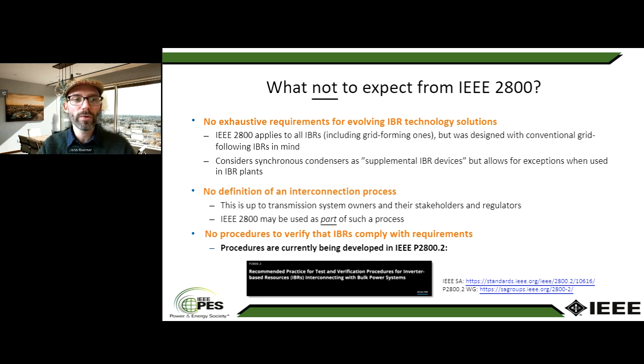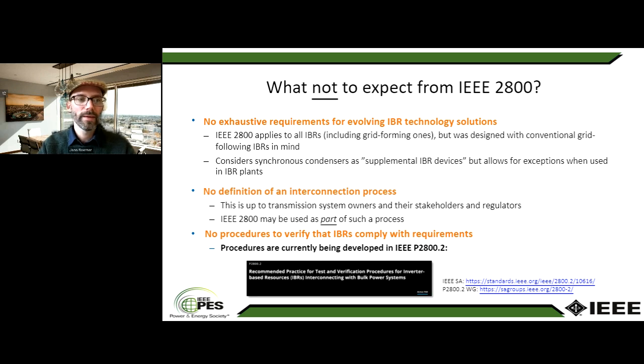Another area was synchronous condensers, which might be used inside of an IBR plant to provide stability, especially for weak grid conditions. Even though 2800 considers synchronous condensers, if they are used inside of the plant as what we call supplemental IBR devices, it does allow for some exceptions and encourages the grid planner to carefully study, using validated models, the interaction of these synchronous condensers and whether the plant, including the condenser, would still comply with IEEE 2800